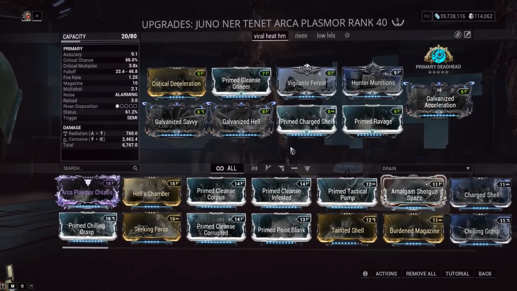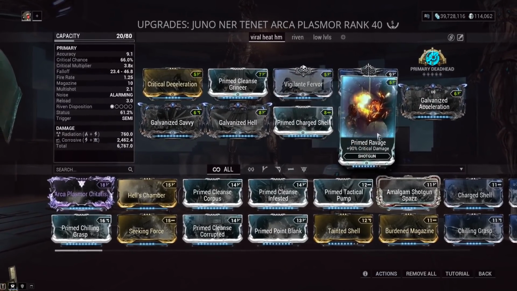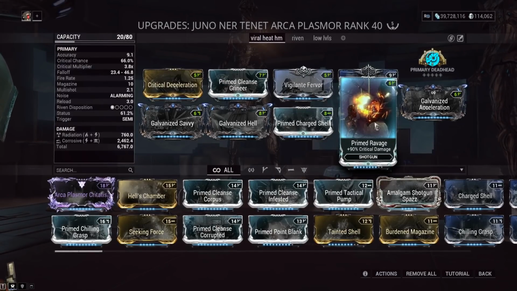And spoiler, a lot of them actually can do that. We've got Prime Fair Shell, like I said, giving us corrosive damage. Prime Ravage, not even maxed out, and it's one-shotting enemies like crazy. Millions and millions of damage. Pretty good. And especially since we're running Harrow with the Nostalgia loadout here, it can give you like big red